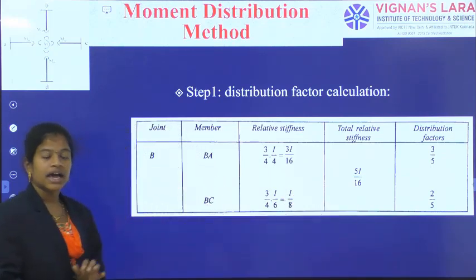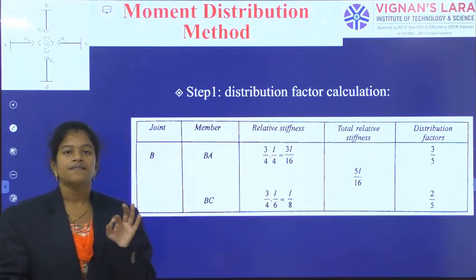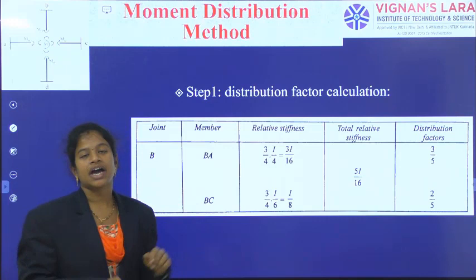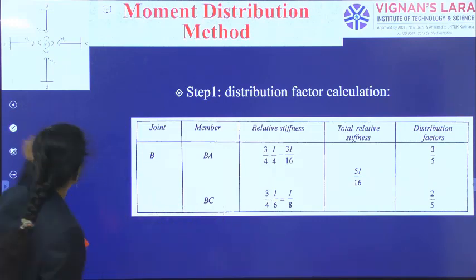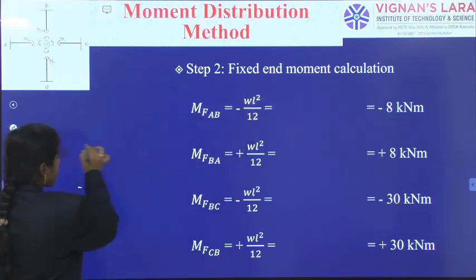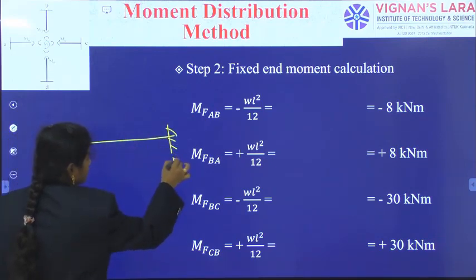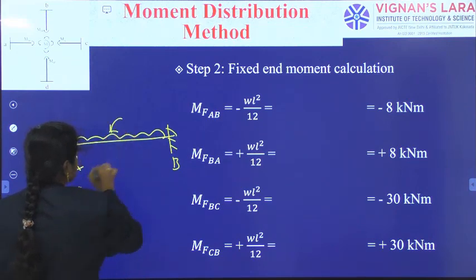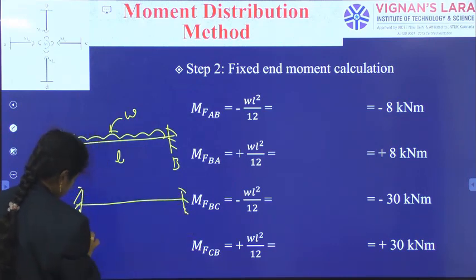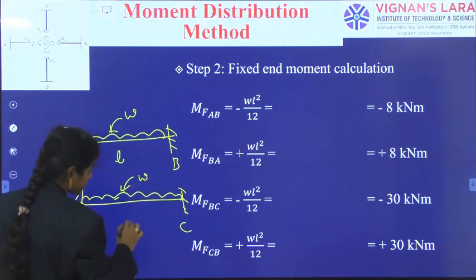Okay. Now, after calculating the distribution factors, we will keep them aside and we will think about the fixed end moments. Before entering into the distribution table, we have to calculate the fixed end moments. So, how will we calculate the fixed end moments? Step 2, fixed end moments. Considering each span, as span A with B, beam and load and length. Similarly, span BC, considering each beam as a fixed beam subjected to the given load that they have applied,